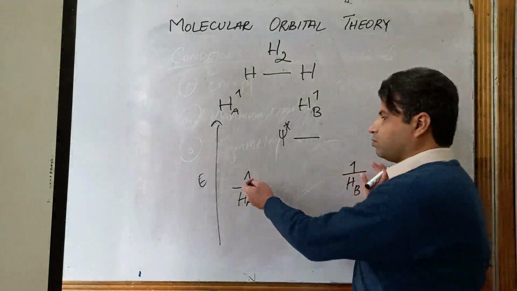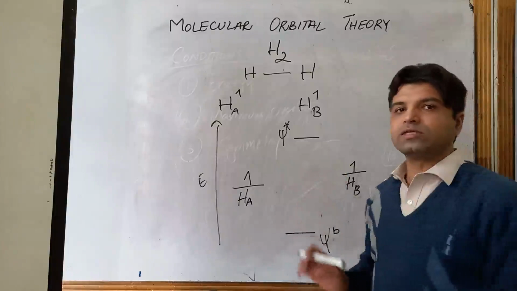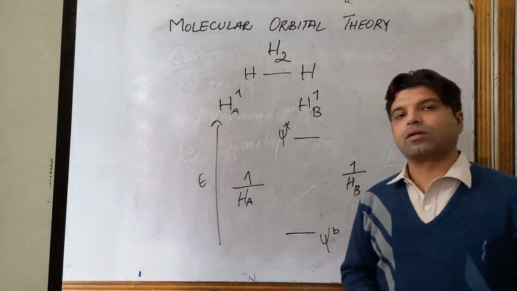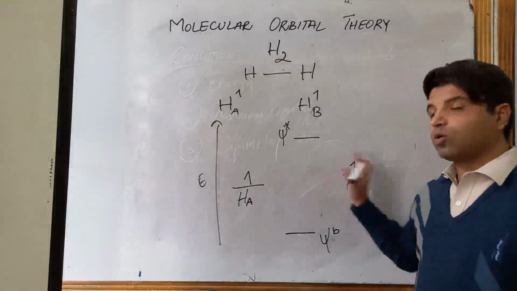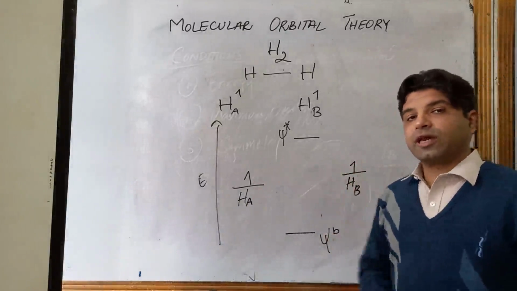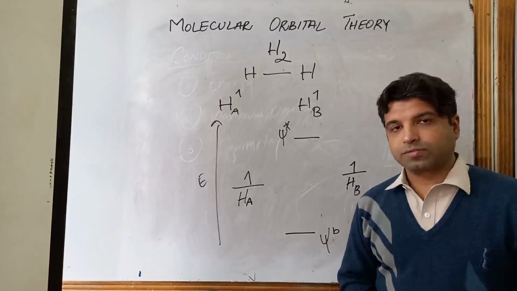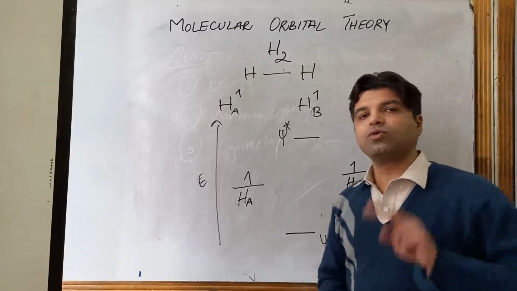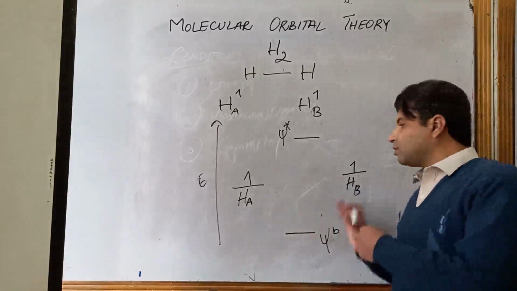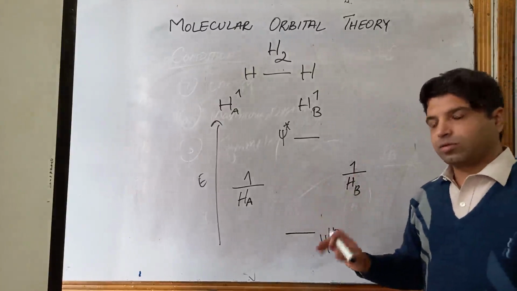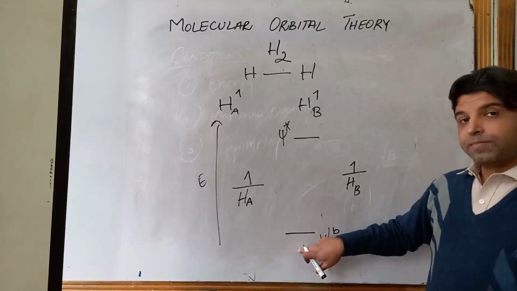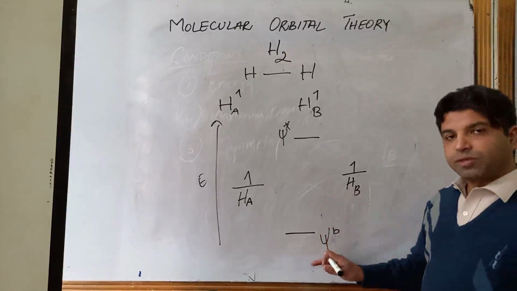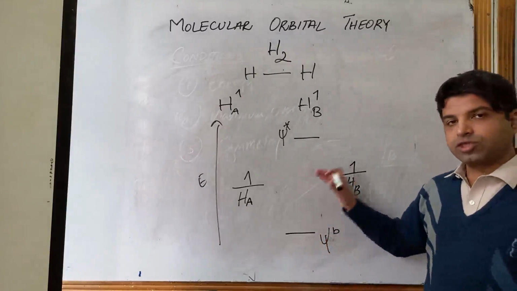Now, we have to accommodate these electrons in the molecular orbitals because we do not have the atomic orbitals anymore. We have to accommodate these electrons in the molecular orbitals. And we have a total of 2 electrons. So we have to accommodate these 2 electrons in the molecular orbitals. We have 2 molecular orbitals, one with a lower energy. So we start filling from the orbital that has lower energy, and